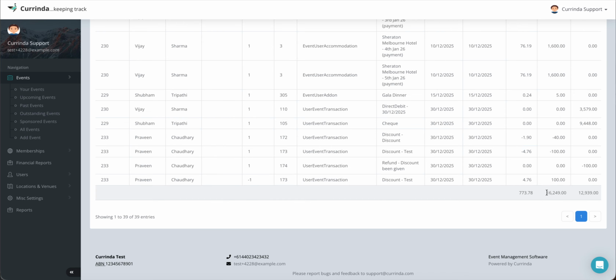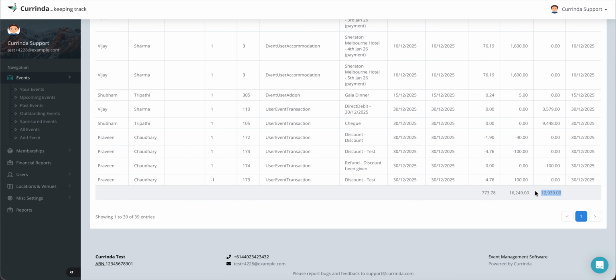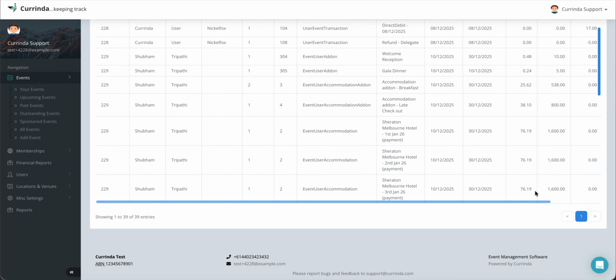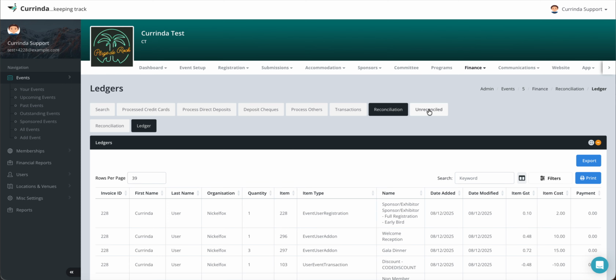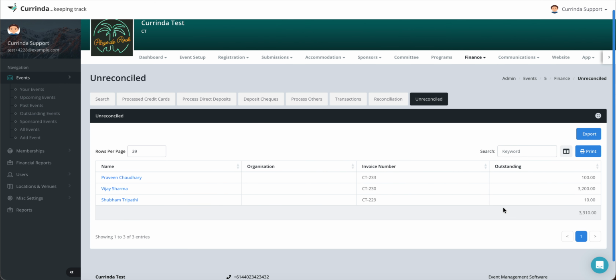You can see we have this amount that was total, and this amount was paid. And let's move on to the unreconciled part. In the unreconciled, we have the total outstanding, which is 3310, and it also shows which person is owing that much money